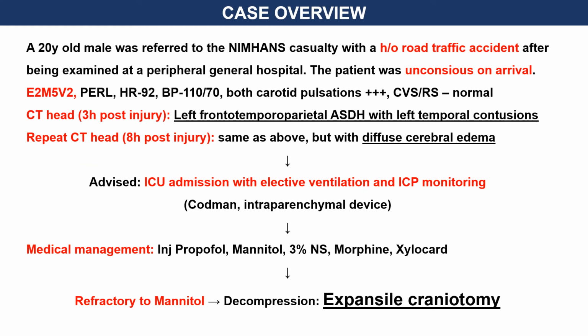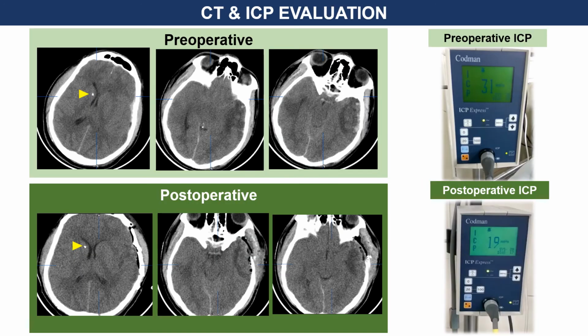So forget about the evidence. I will give you one practical case scenario where ICP monitoring should be done and is helpful. For example, this patient came in with M5 GCS, a young man who was admitted to ICU, ventilated, and ICP monitoring was done. He was managed medically, and then he was refractory to the management, and decompressive craniectomy was done. So this is an example where an ICP catheter was placed. You can see there is only brain swelling. There is no specific large blood clot to be removed for surgery.